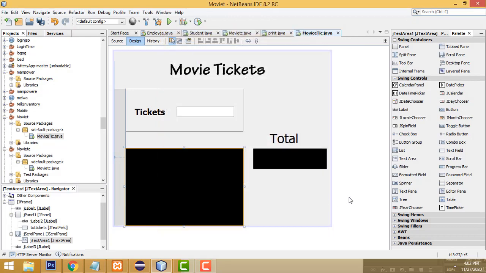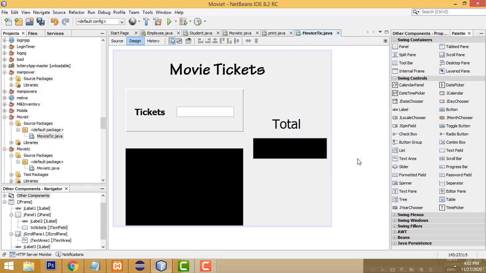Right, this is the thing we have to do. It's a very simple design. Now let's make the programming. So first we have to put one simple button, this Add button.